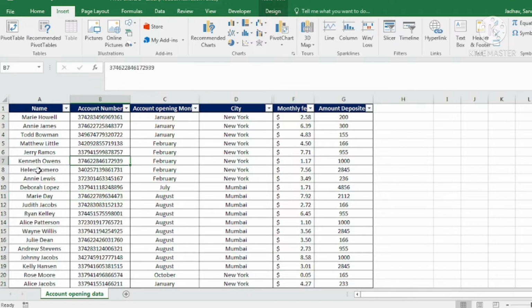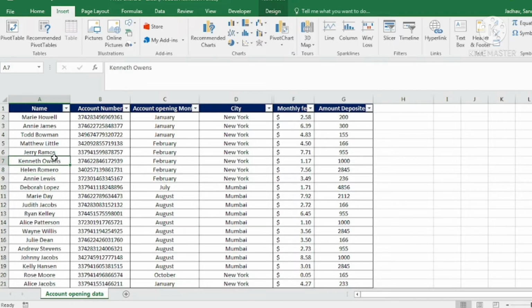So from this data we want to create a pivot chart. Now there is a difference between a simple chart and a pivot chart. A pivot chart only represents the summary, the totals, the summary of the data. Now this summary we are not going to represent in a table. We are going to represent it in charts, that is graphs, and that too very dynamic graphs. So let us go ahead and create the first pivot chart, a pivot graph.